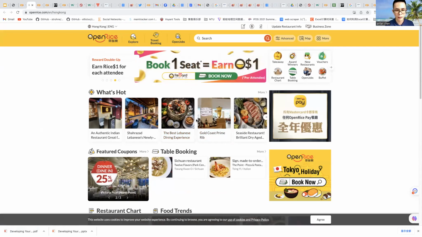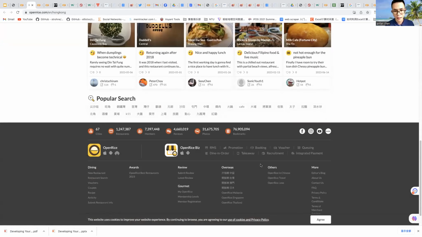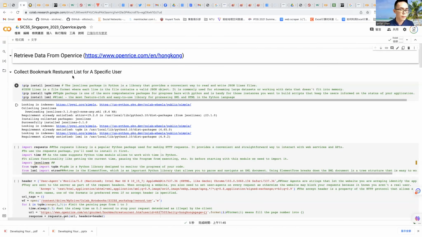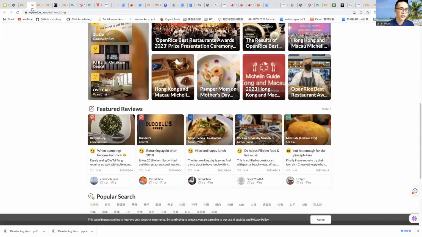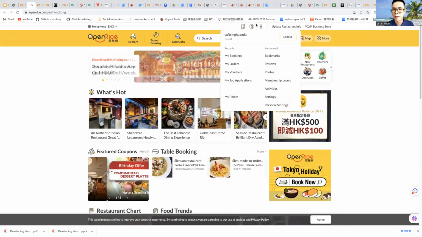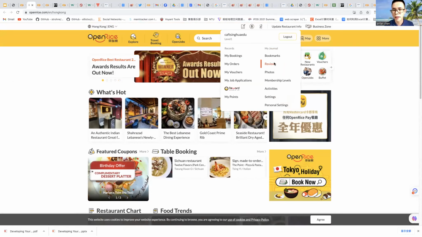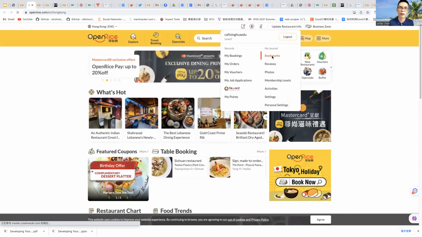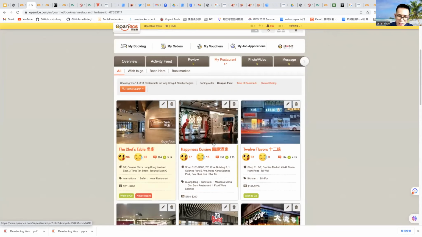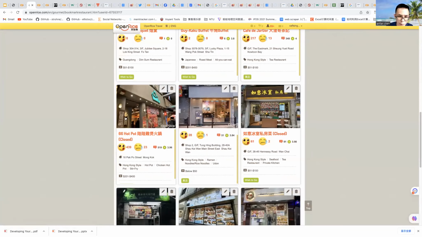That is the scenario we did in the code. And in this code, we just want to get the bookmarked restaurant list for a specific user, such as in this one, it is my account. I booked so many restaurants. These are the restaurants I booked.